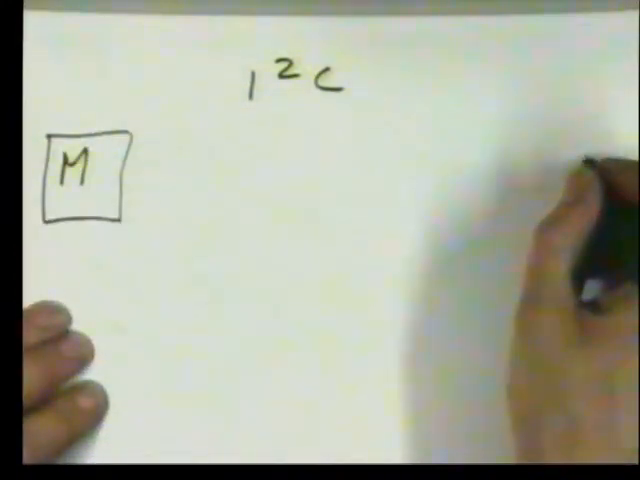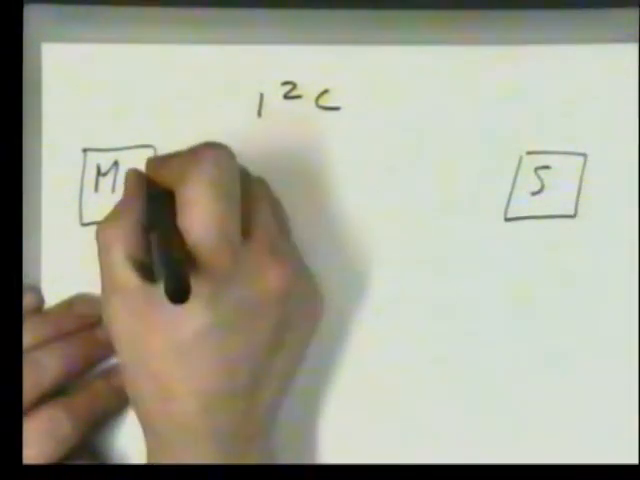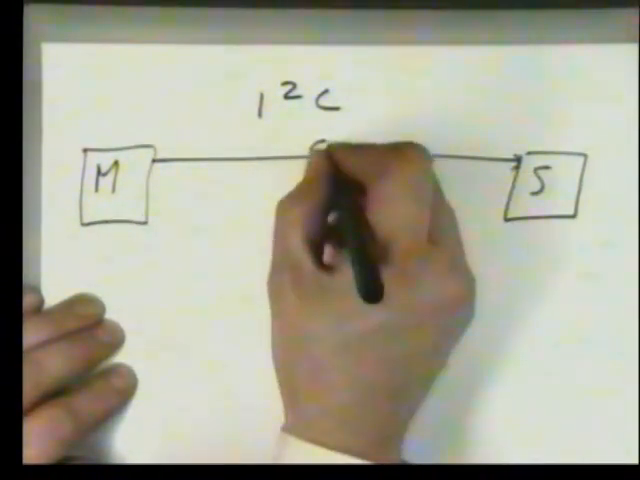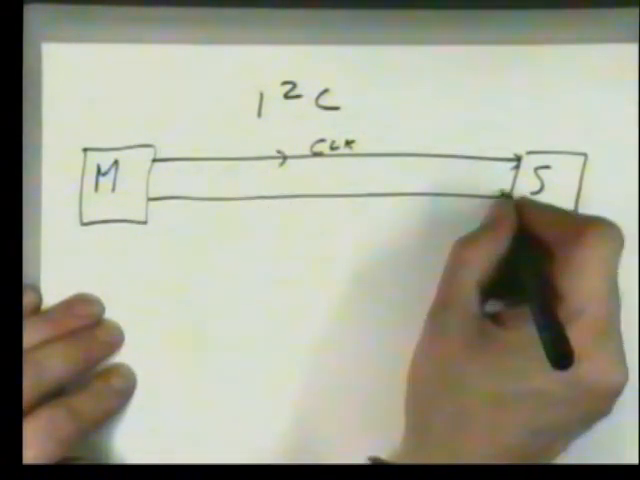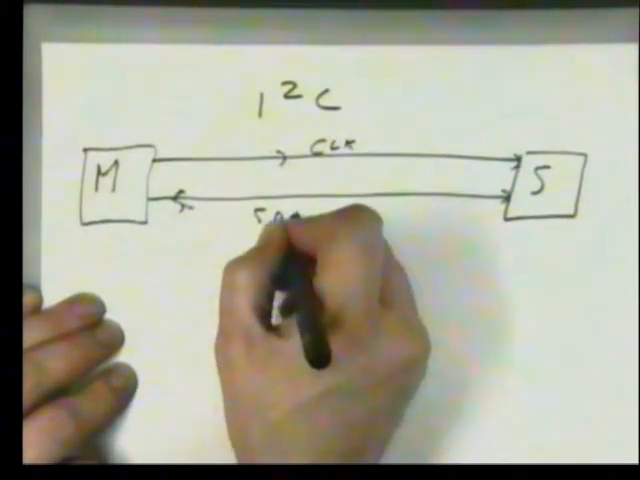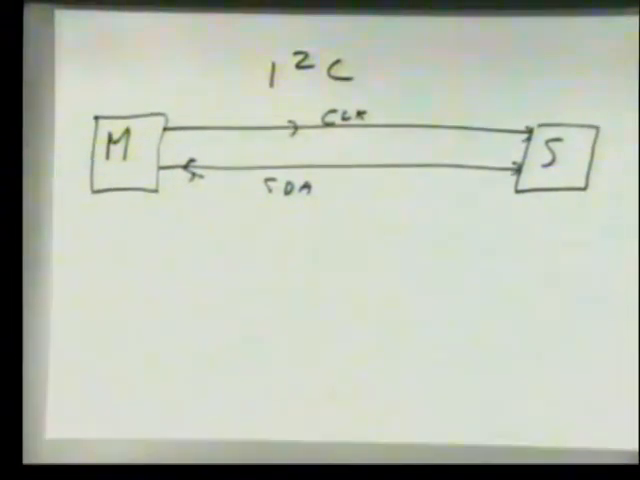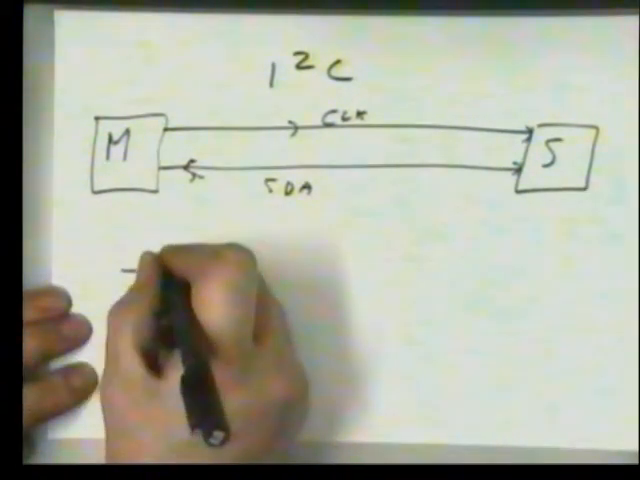Master device, slave device, clock. Clock's always generated by the master, and the full duplex serial data. Now, what this standard defines, it says that if we have a clock,